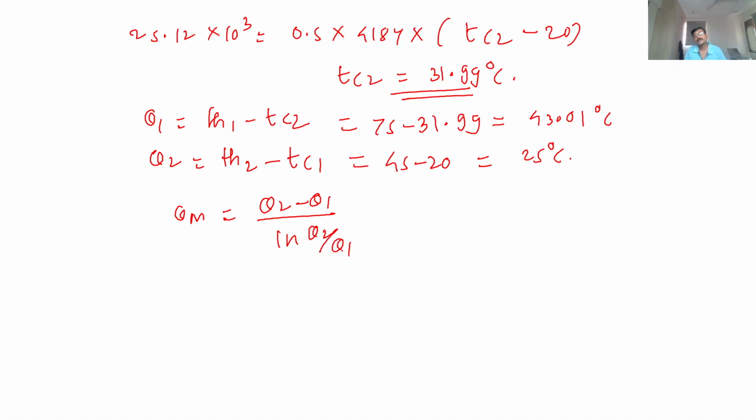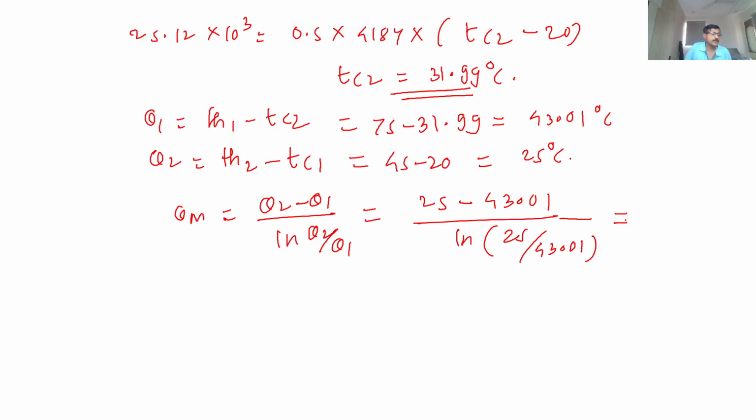The LMTD formula is the same, but the values of theta 1 and theta 2 for parallel and counter flow are different, and therefore the LMTD answer is also different. So it is 25 minus 43.01 divided by natural log of 25 upon 43.01. If I calculate it, the answer comes as